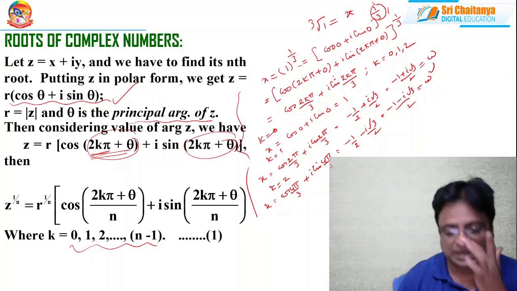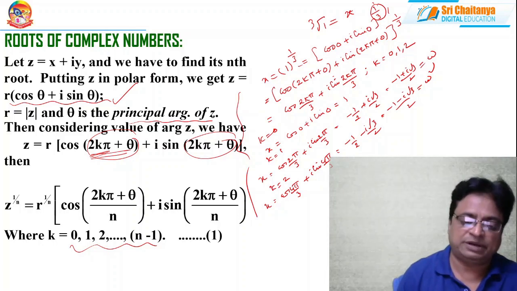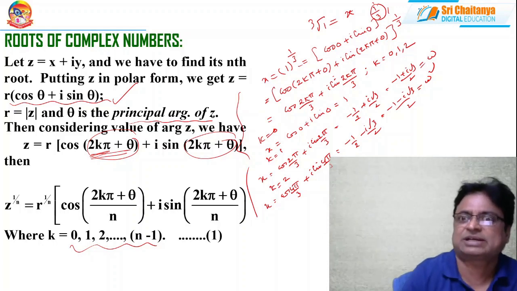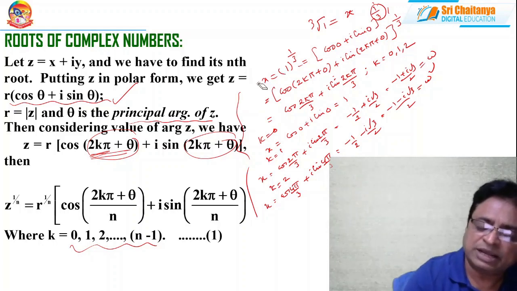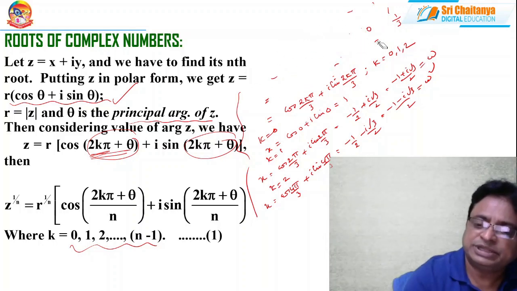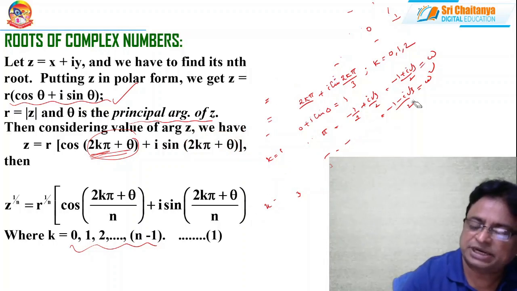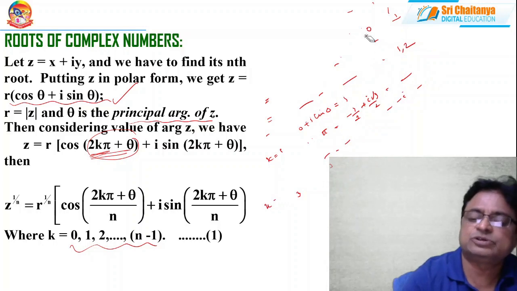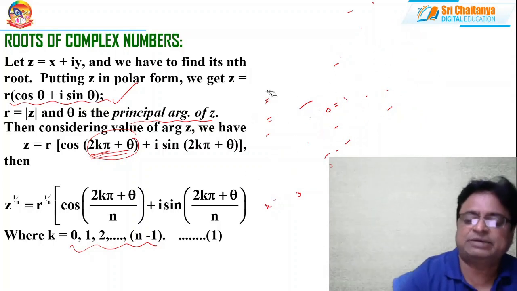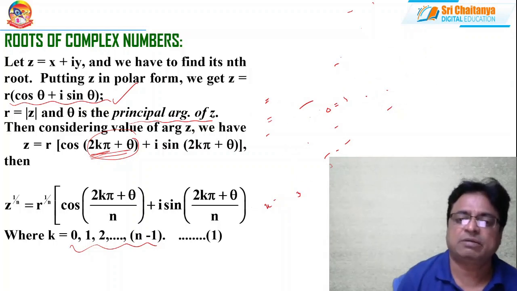But now I have derived the same thing with the help of De Moivre's theorem, in the form of finding the roots of a complex number. This is the structure. Whenever a rational number is given to you as the power, then according to the denominator of that rational fraction, the complex number will have that many different roots. And those roots can be extracted according to this formula. This is the method to find the roots of complex numbers.